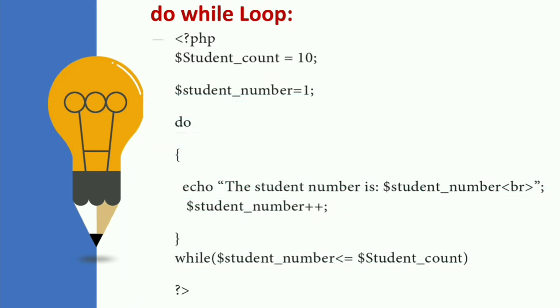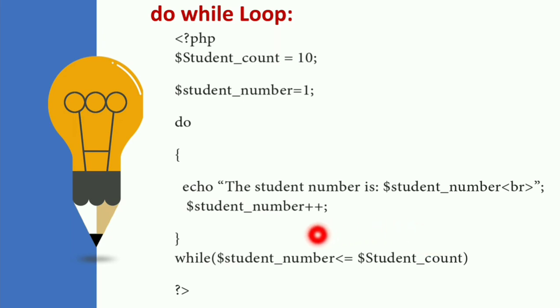Now look at the program. By now you should be very clear in the concept of executing the program. As usual, the program begins with the open PHP tag. Here we do have two variables. It is similar to the previous program. Only thing, the condition is taken from this place and it is written at the bottom. And in this place we have written do. Do means you have to do the following lines. So the action block is read once and then it checks for the condition.